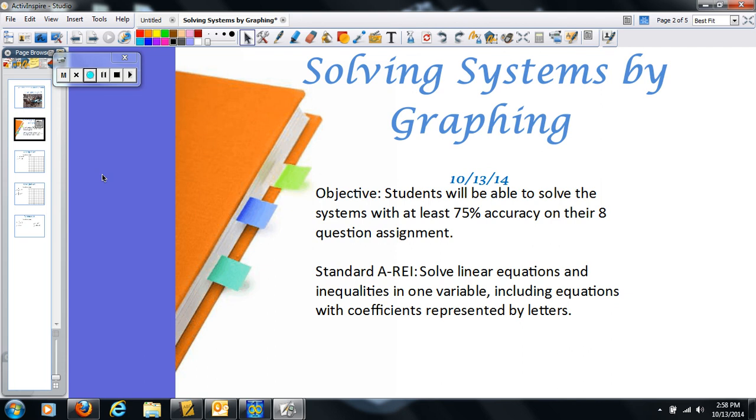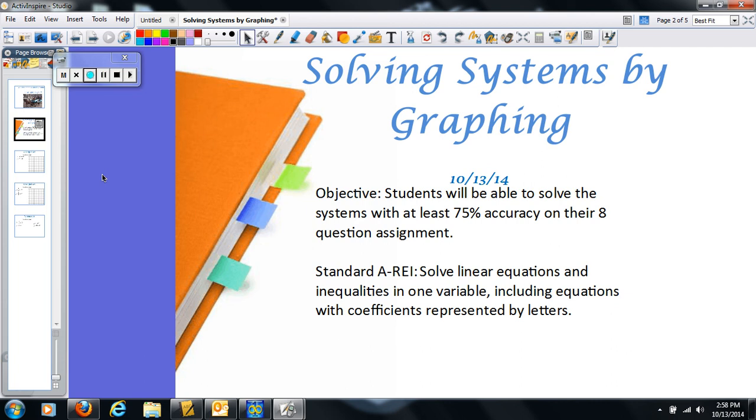All right, everybody. So let's get to work on the notes for today. We are going to be looking at solving systems of equations, which it doesn't say that on here, but it's solving systems of equations by graphing. So we're going to use the skills that we've learned for graphing, and now we're going to solve what we